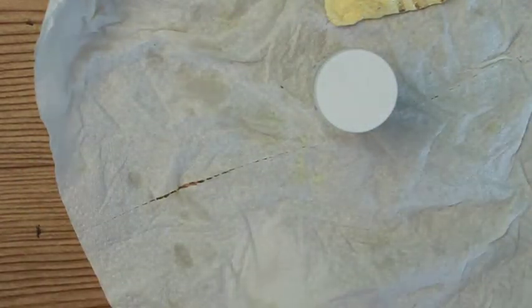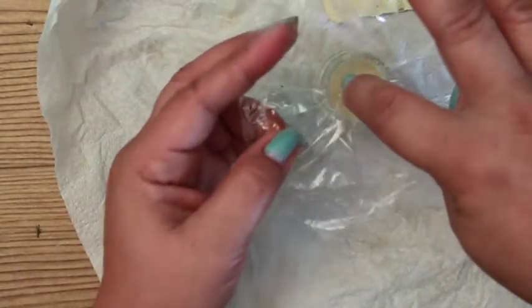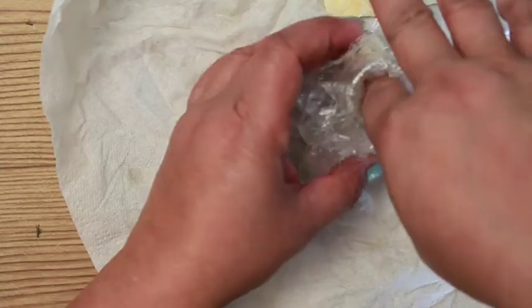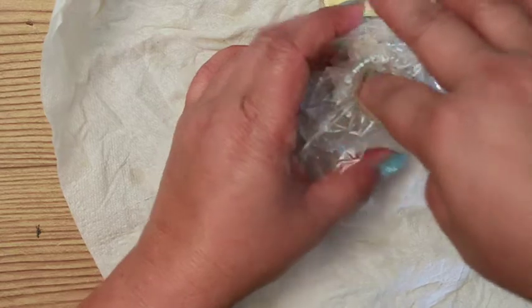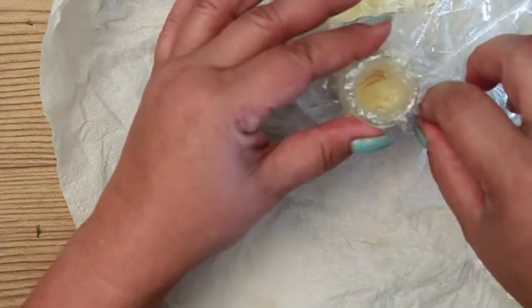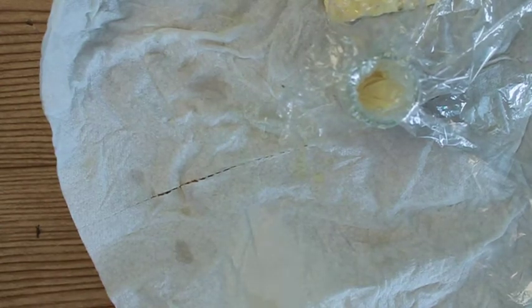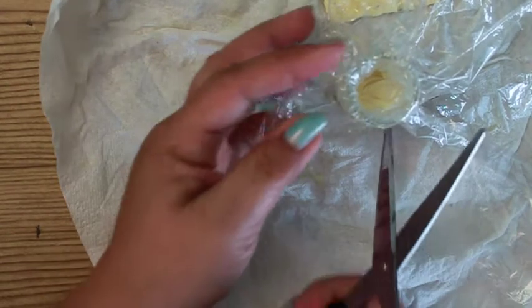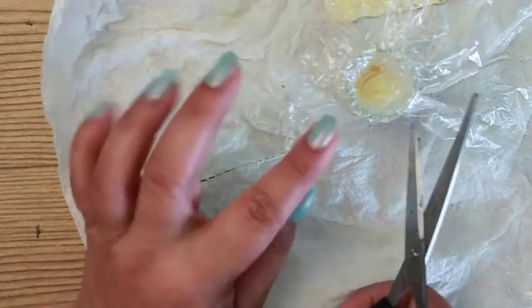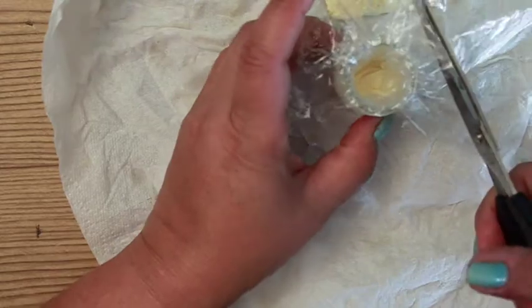Now I'm going to take some plastic saran wrap, and I'm gonna stick it into the bottle down to where the liquid is. It's going to lessen where I pushed, so it's just gonna touch it there. I'm gonna take my scissors and cut around this plastic, but leave enough room so that the more you push down there, you can just use a different plastic wrap, it doesn't matter. But for now, I'm just gonna